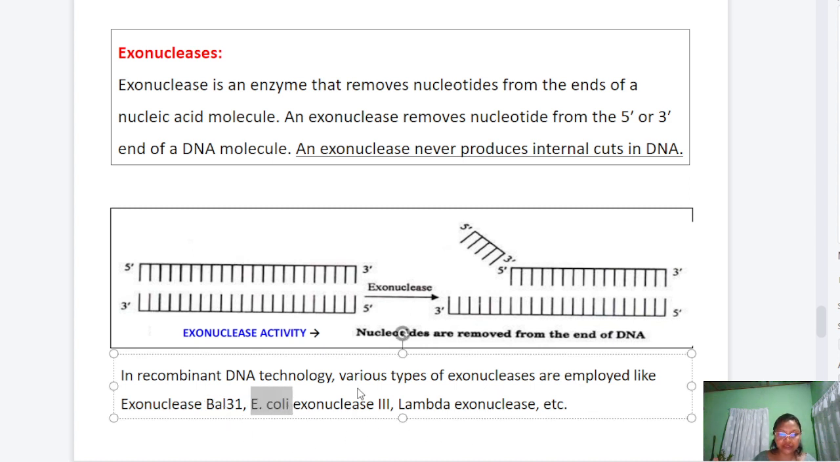Let me just correct this. It should be in italic. Okay, so I hope it is very clear. So we need both exo and endonucleases in recombinant DNA technology, not only cutting from between, but also